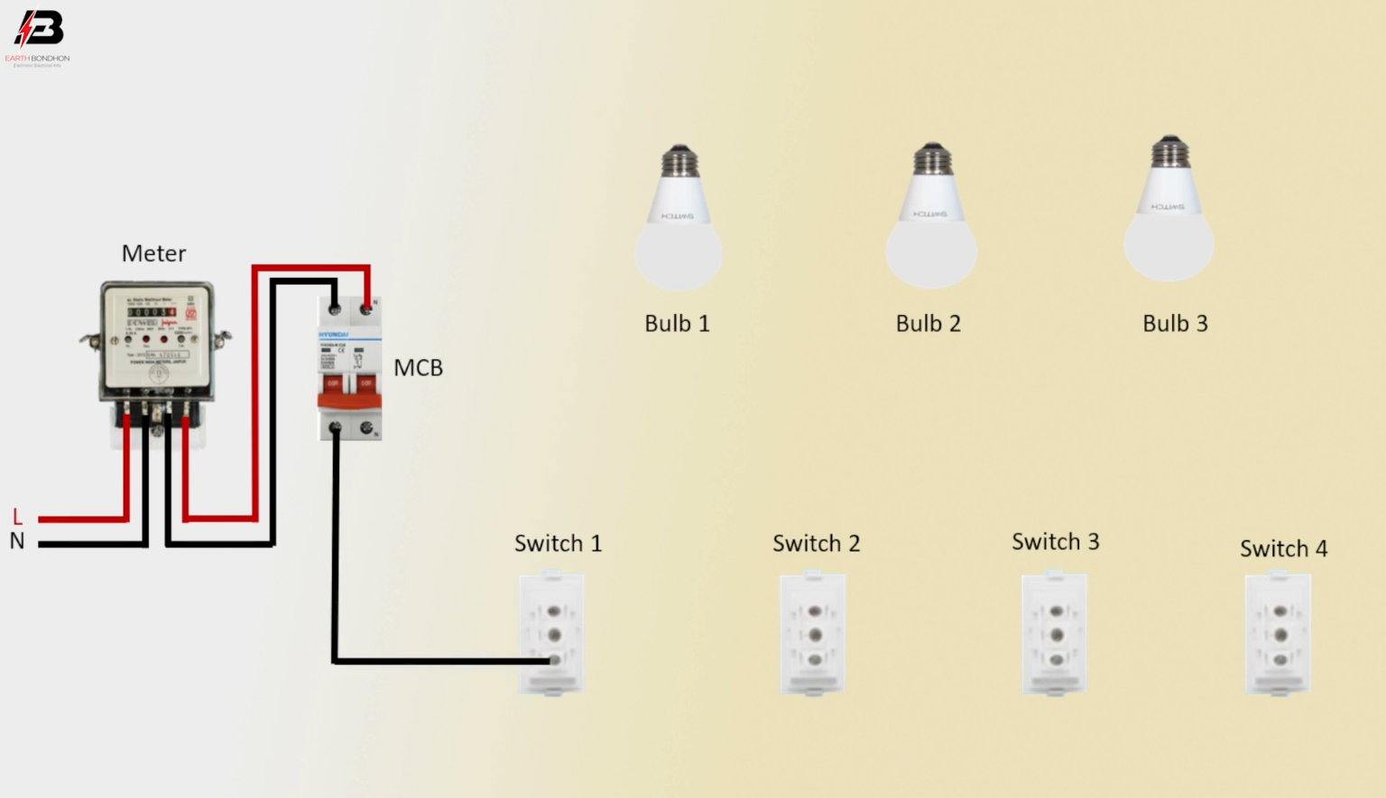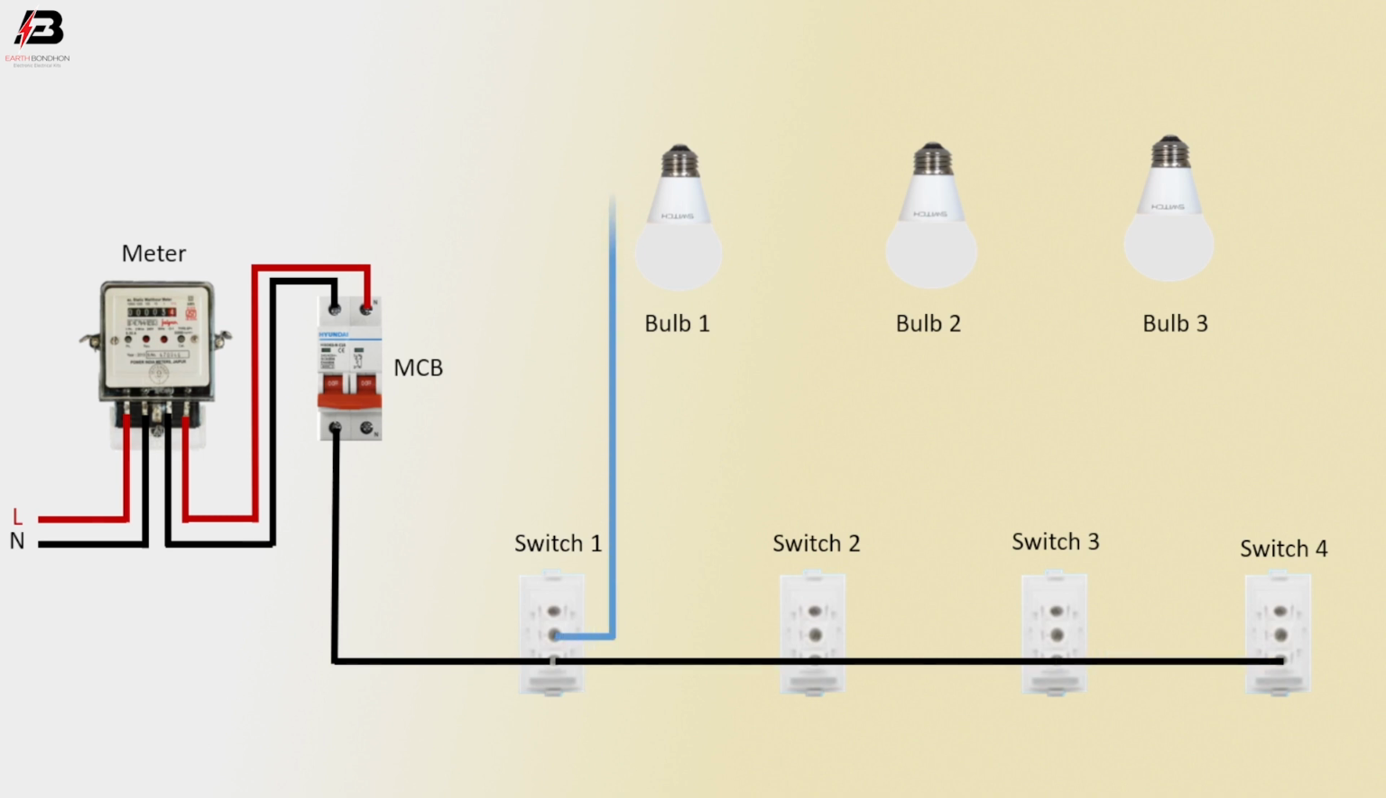Neutral connection outgoing from MCB to connect switch 1, again connect switch 2, then connect switch 3 and then connect switch 4 L2 terminal. Output connection from switch 1 to bulb 1, output connection from switch 2 common terminal to